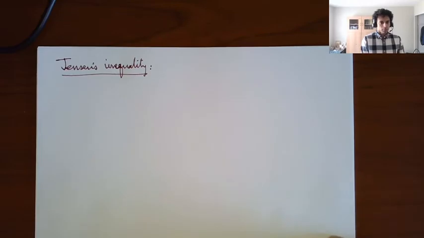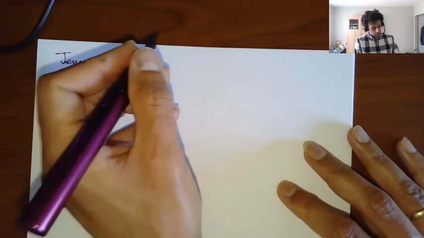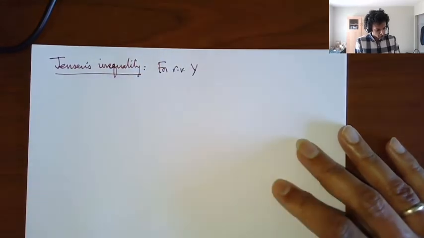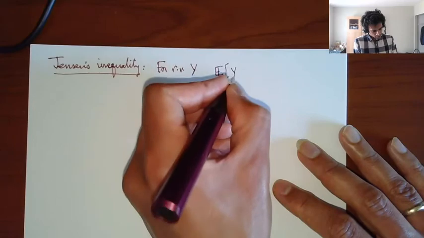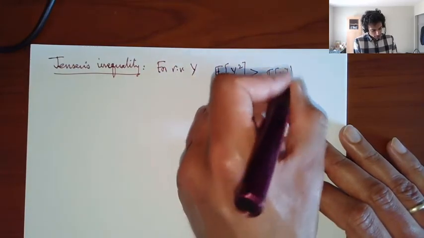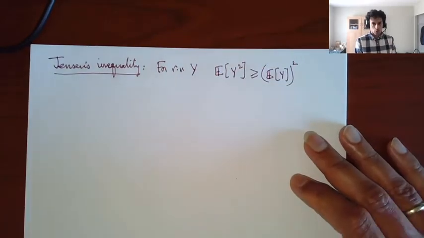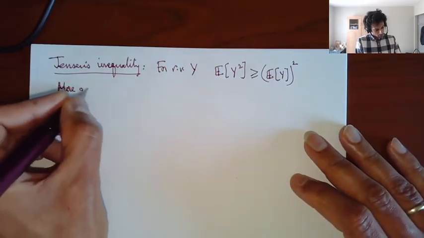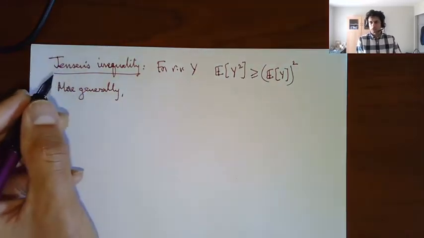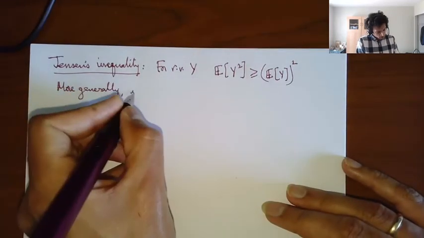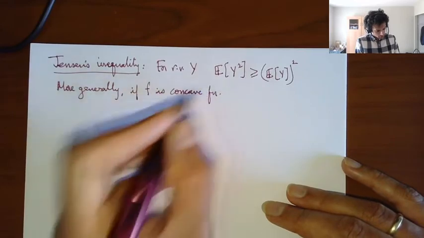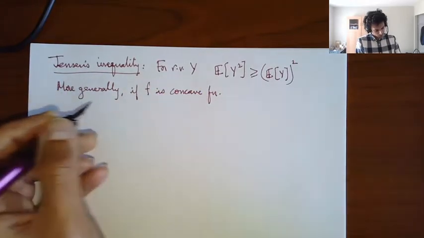Now this is stated in many different ways. You can use it in either way. So the simplest version is that for a random variable y, the expectation of y squared is greater than the expectation of y whole square. And more generally, the version that I'm going to use here is for concave functions. You can also write the one for convex functions. If f is a concave function, then